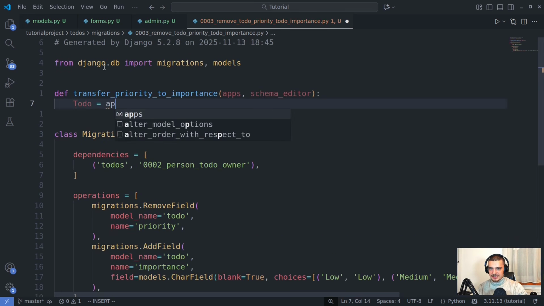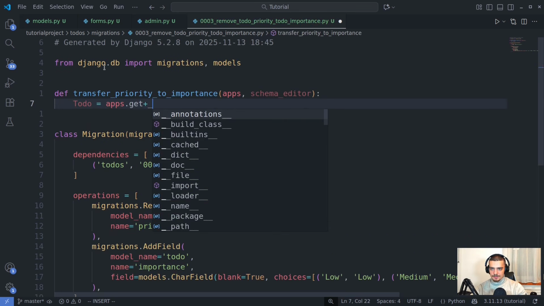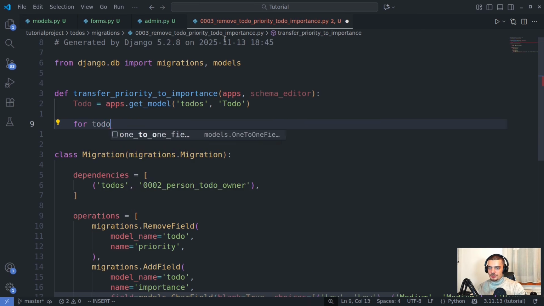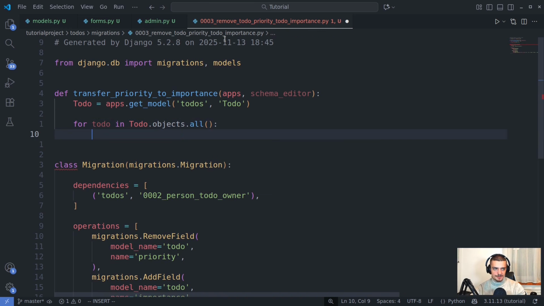I'm going to say todo is equal to apps.get_model todos todo. So now we can work with the class here without importing it in the conventional way. And now I'm just going to iterate for todo in Todo.objects.all. For every single todo in the database, what I want to do is map the integer values